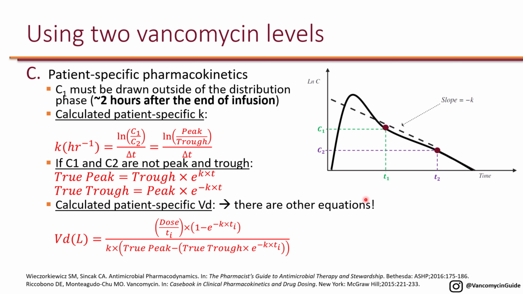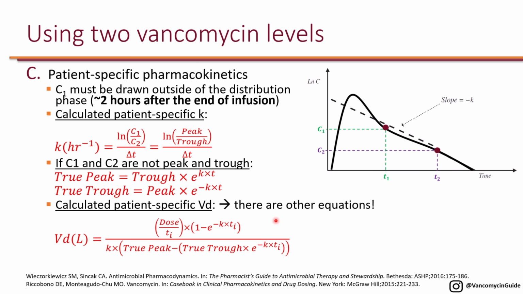And then we did all of this because now we can actually calculate the specific patient volume of distribution. So for this, we put the dose that the patient had received before drawing these levels, the time of infusion from that dose, and then 1 minus e to the negative k. So this is the k that we just calculated. Ti again is the time of infusion from the dose that the patient had received, and then we divide that by k times the true peak that we just calculated and the true trough that we just calculated times e to the negative k times t to time of infusion. So again, this is the time of infusion corresponding to the dose that the patient received before drawing these two